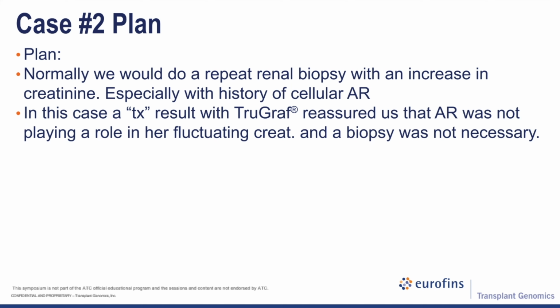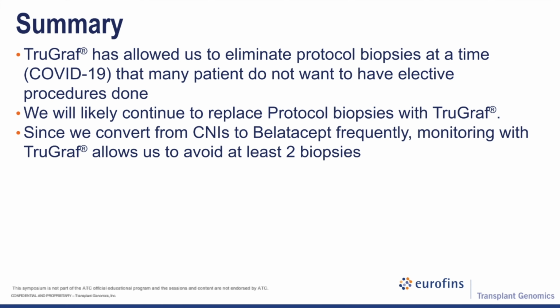So our plan was, although we might usually do a repeat renal biopsy with an increased creatinine, especially with the history of cellular rejection, in this case, we did a TruGraf, and we got a transplant excellence result, which reassured us that acute rejection was not playing a role in her fluctuating creatinine and that a biopsy was not necessary. In summary, TruGraf has allowed us to eliminate protocol biopsies at this time in the COVID era,